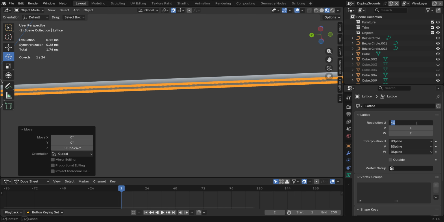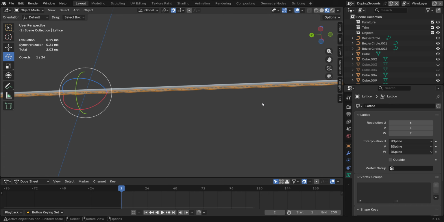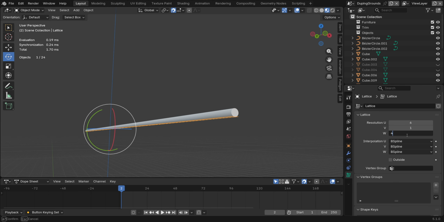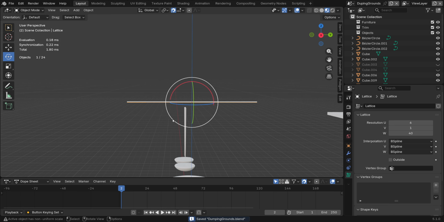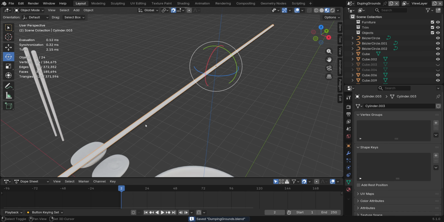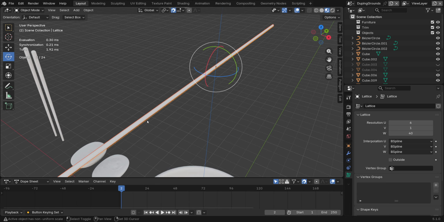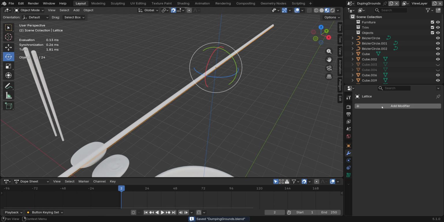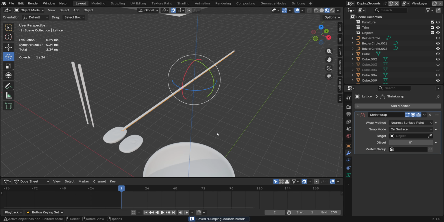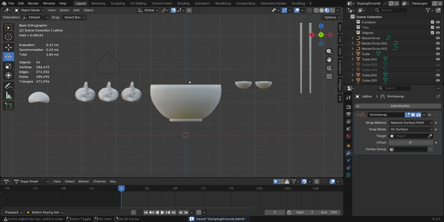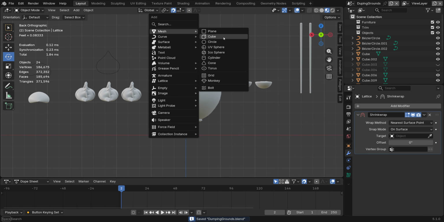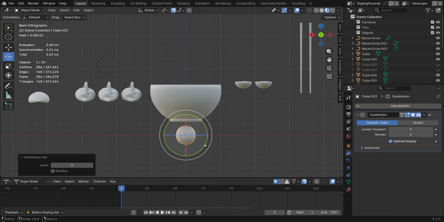40. Oh, that's wrong. We can go 6. Then this becomes 40. That's okay. Now I'm going to select this, parent object, take this lattice, shrink wrap, but that's not how we want it to shrink wrap, so let's add a mesh cube, Control 3,